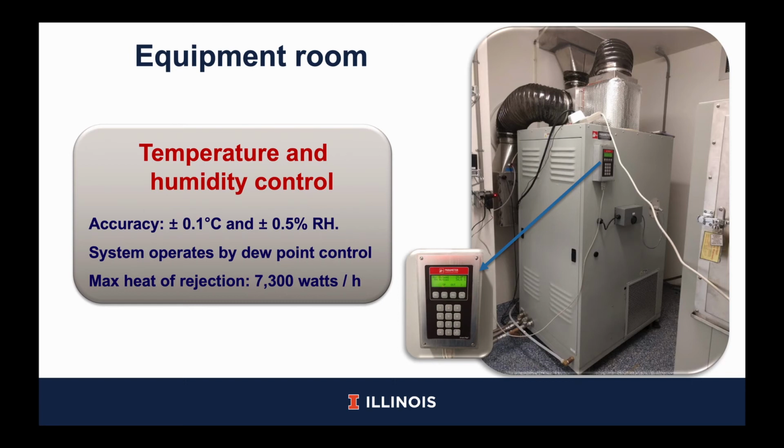This system is important because in the future we will simulate different environmental conditions that can be found also in commercial farms, such as high or low relative humidity and temperature, and see what will be the impact on net energy. The system operates using the dew point control, which controls the temperature of the air and also the temperature of the water that is being sprayed to control humidity.